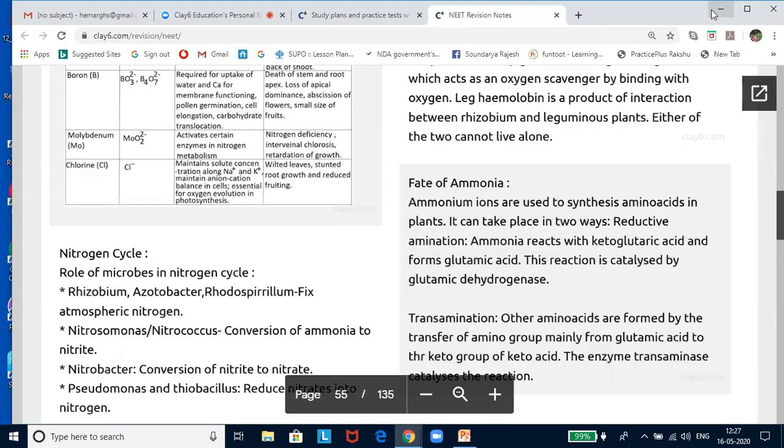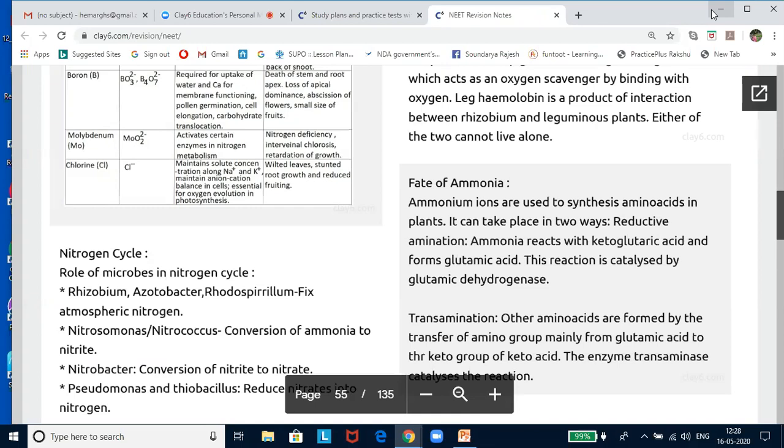Now, a moderate decrease of micronutrients causes deficiency symptoms, and a moderate increase causes toxicity. Toxicity levels for any plant also vary from plant to plant. Any mineral ion concentration in tissue that reduces the dry weight of the tissue by about 10% is considered toxic. Toxic symptoms are difficult to identify, and as I said, levels also vary from plant to plant.